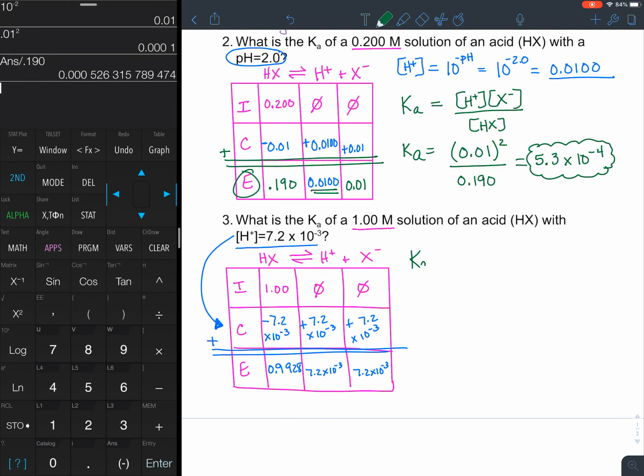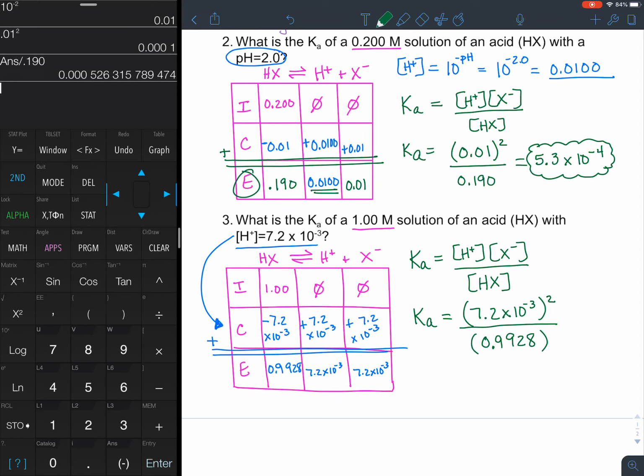So Ka, again, is going to be the concentration of H plus times the concentration of X minus over the concentration of the weak acid, HX. So we'll plug those numbers in. Again, we can square that top one because they are the same. So if we multiply them by one another, I just find it's easier for me to write them out this way. Oops, to the negative third, excuse me. We're going to square that whole thing. And then on the bottom,